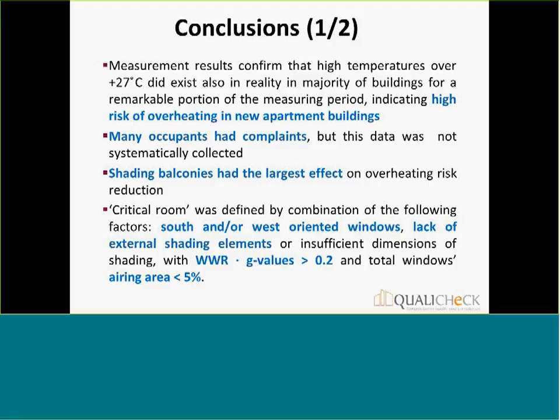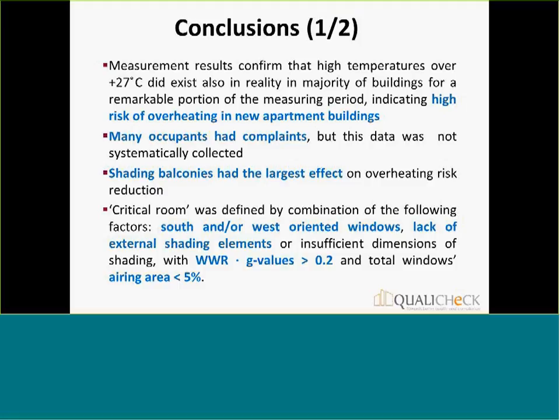So it's south and west oriented windows, lack of external shading elements, or insufficient dimensions of shading, and this window to wall ratio multiplied by G value higher than 0.2, and total windows airing area less than 5%. In such a case,